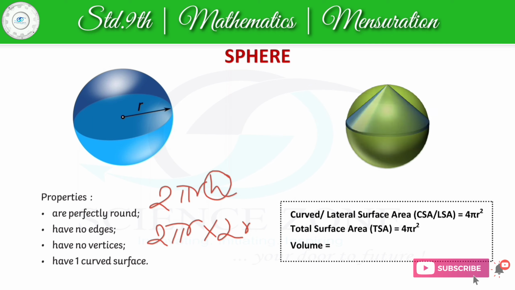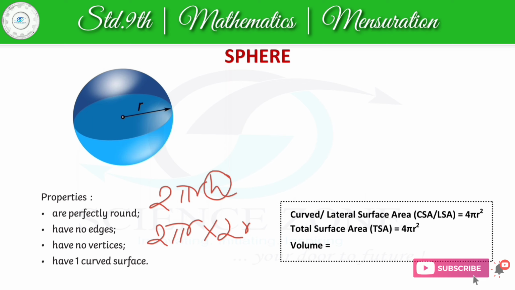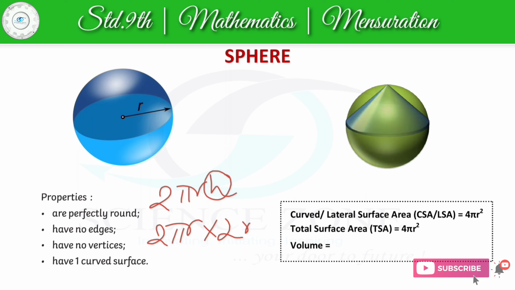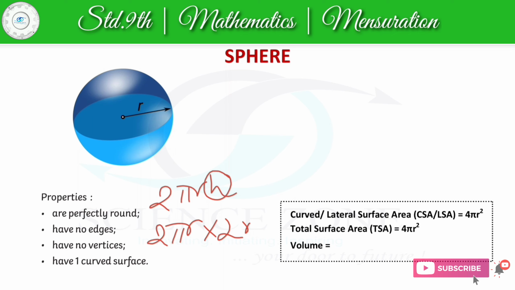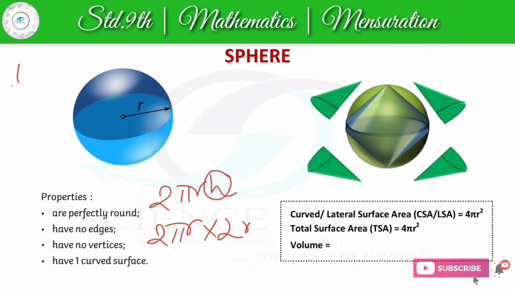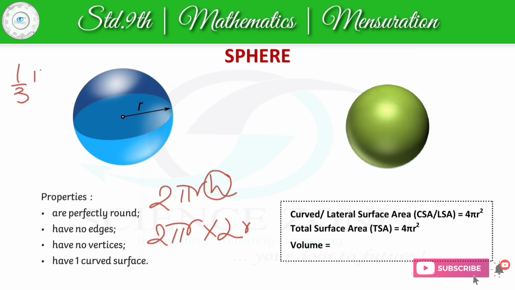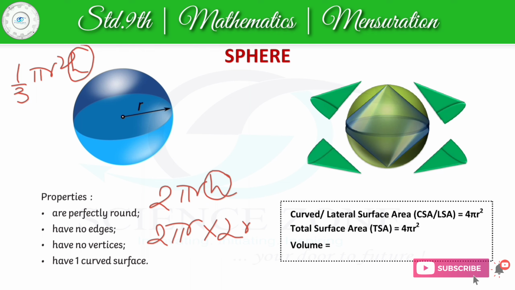Now if we have to find the volume of sphere, then volume of one sphere is equal to 4 times the volume of cone whose height is equal to the radius of its base. If you have a sphere whose radius is r, then its volume is 4 times the volume of a cone. Which cone? The cone whose height and radius are equal. Volume of cone is 1/3 pi r square h. But here the height and radius are equal. So in place of height we can write radius.